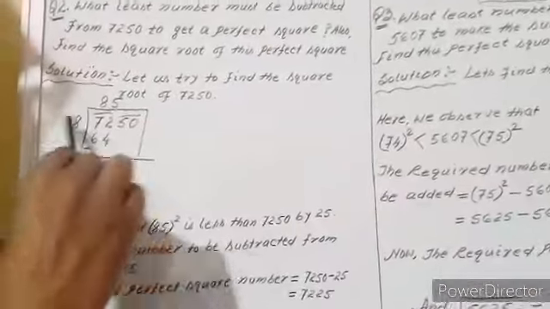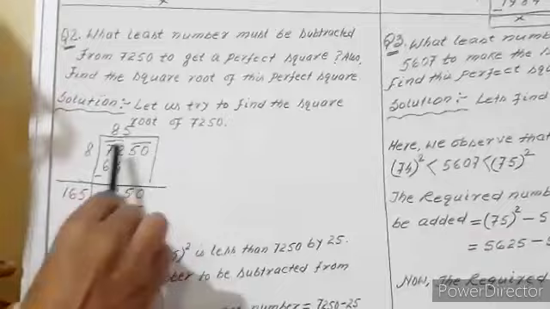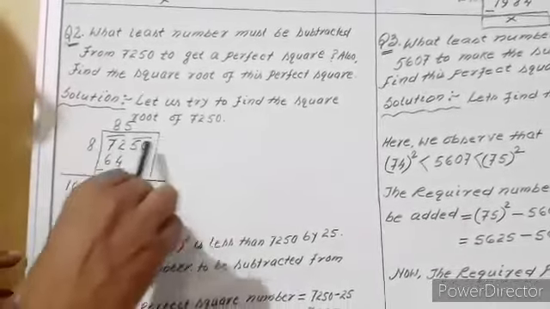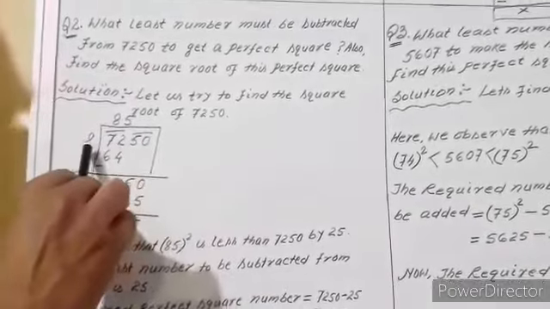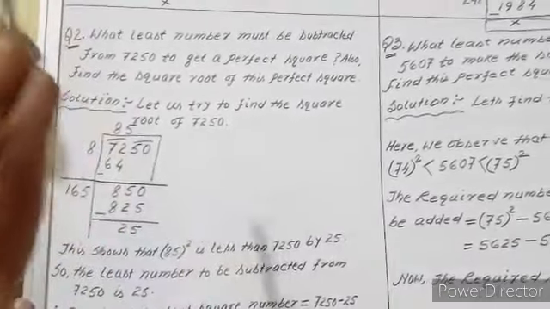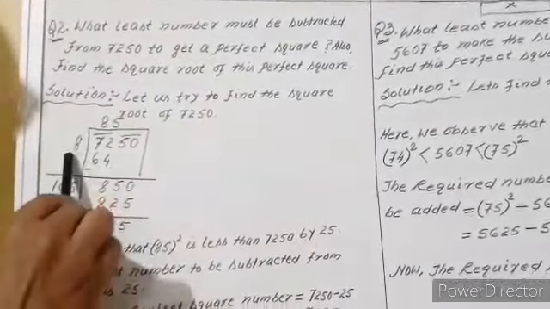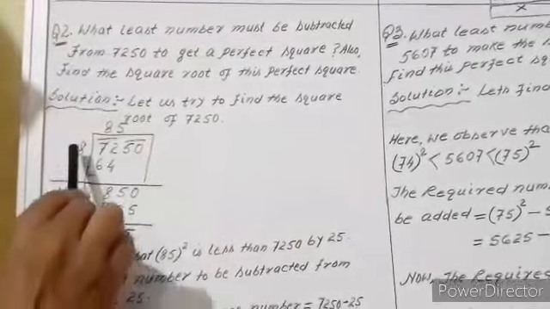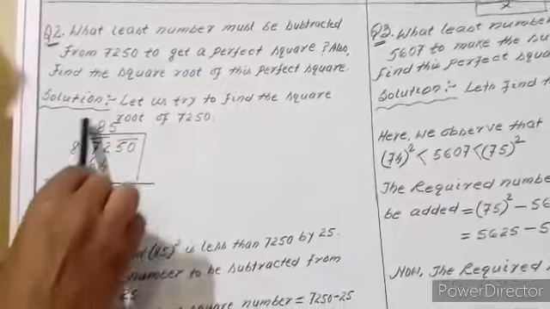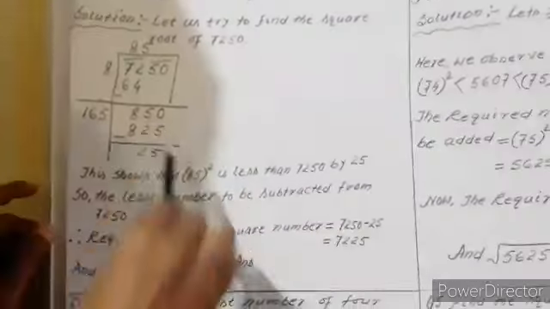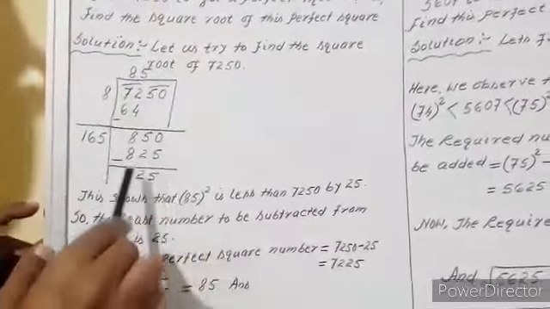So for that, let's move straight to find the square root of 7250. So 7250, making them in groups. After making groups, we have to sort out, as I said earlier, such a number that the square of the largest number should be either equal to or less than 64. So after subtracting,